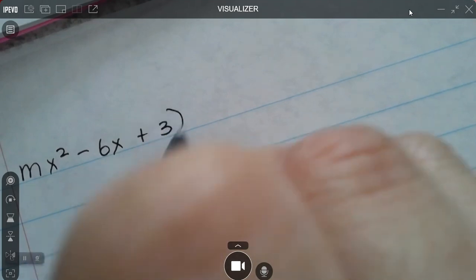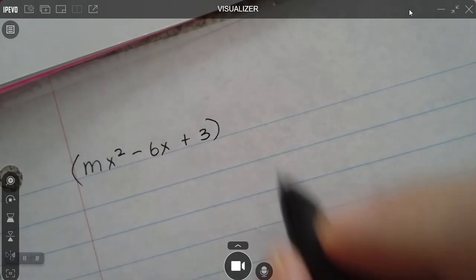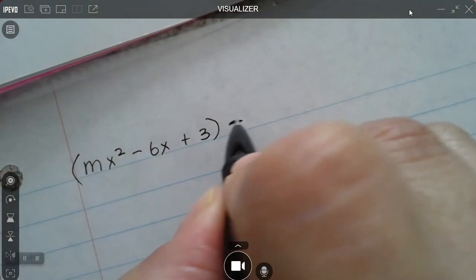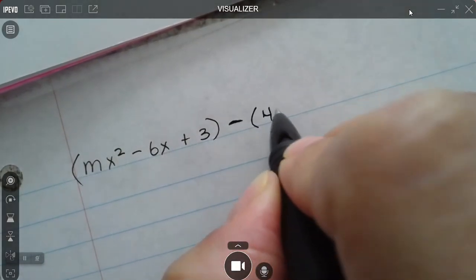I have mx squared minus 6x plus 3, and then it says minus. You might need additional paper because this one is